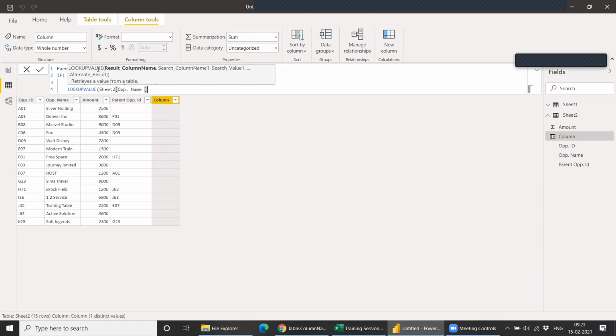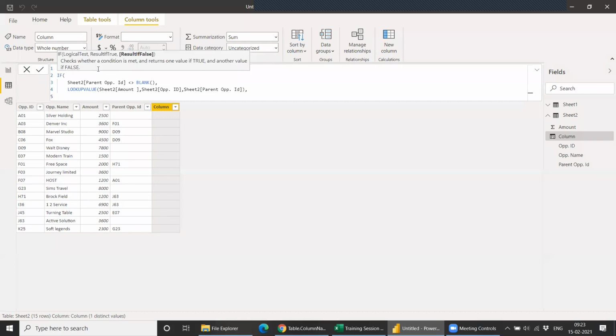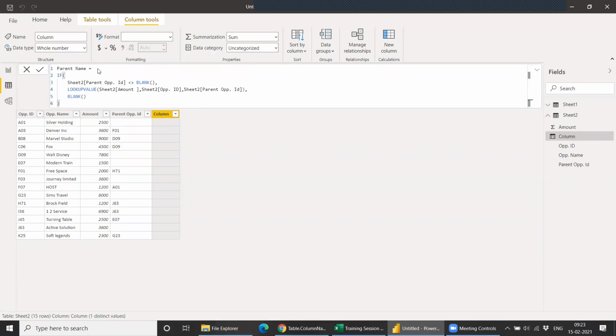Or if you want, we can directly get the amount as well. So let's take the amount. We have to search column, we have to search op ID, and we have the values in parent op ID. And if it's not there, we'll just pass blank. If you can see now, it's giving us the parent total, so parent amount. So like for Denver, the parent is free space, and free space amount is 2000. So we have this 2000.